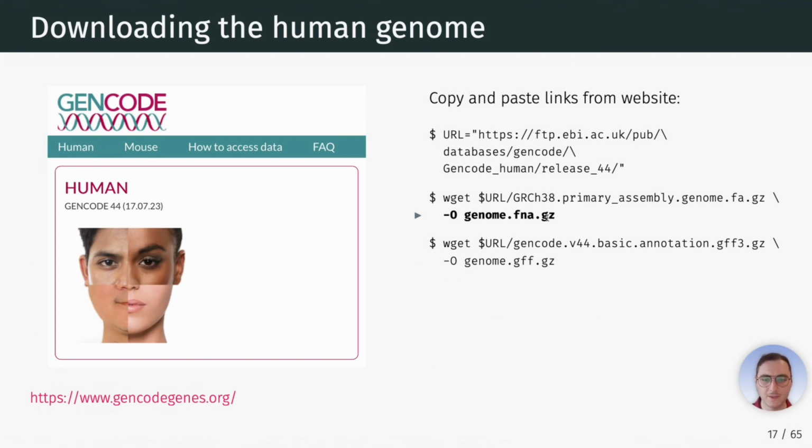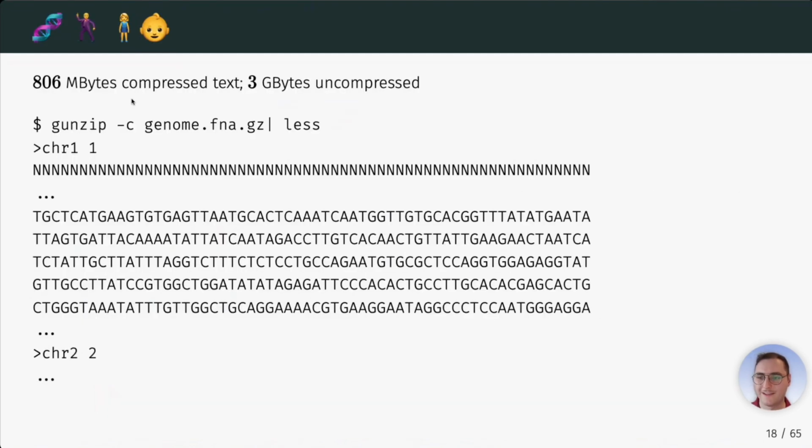And for instance, in this case, I make myself a variable URL and then tell wget, below this folder on the web page, download the genome assembly and the corresponding annotation as an FNA and as a GFF file. If we now look at the files, in this case I would suggest to use the gunzip command to look into this compressed genome file, as indicated by the gz suffix,